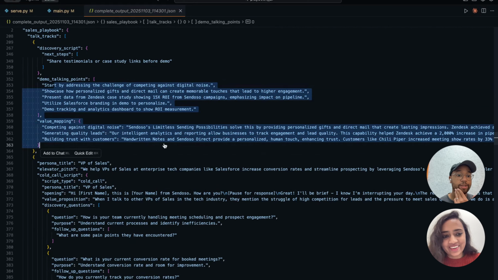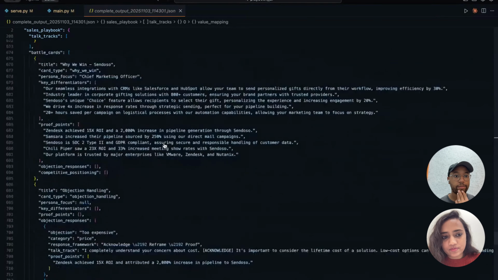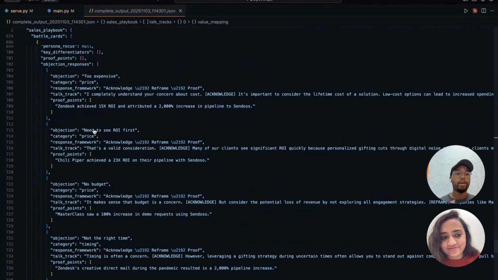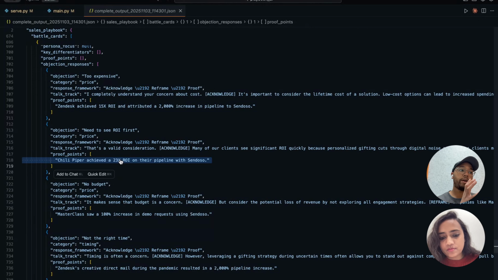Yeah, talking points. There's a lot of really cool stuff here, and this is the discovery. And then these are the battle cards here. So they're saying, hey, they need to see the ROI first. This is the price objection. Okay, and then we have answers for those with proof points based on the case studies that we've extracted already